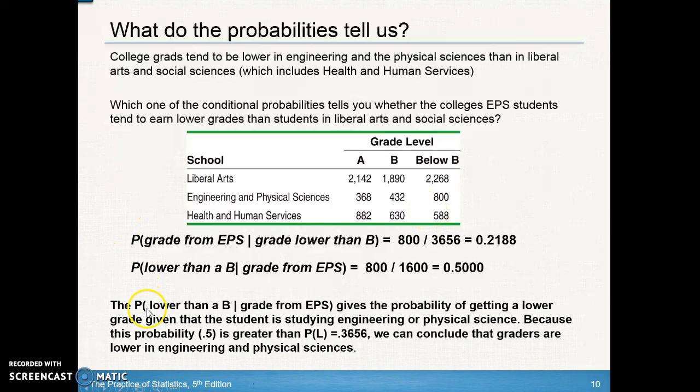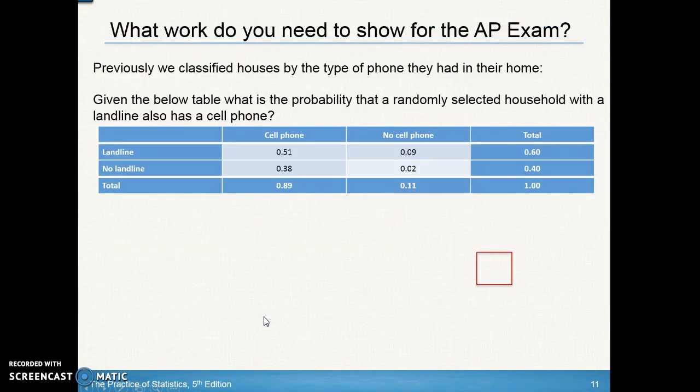So the probability of lower than a B, given that they're from engineering and physical sciences, gives the probability of getting a lower grade given that the student is studying engineering or physical sciences. Because this probability, 0.5, is greater than the probability for just the liberal arts, we can conclude that the grades are lower in engineering and in physical sciences. All right, so let's go back to this. In the last section, I think we talked about